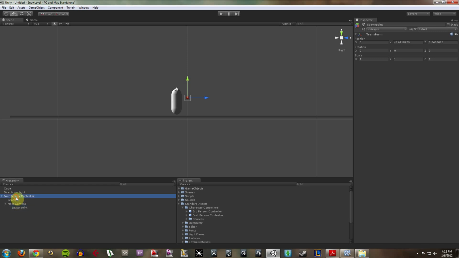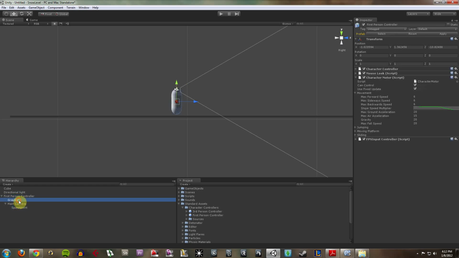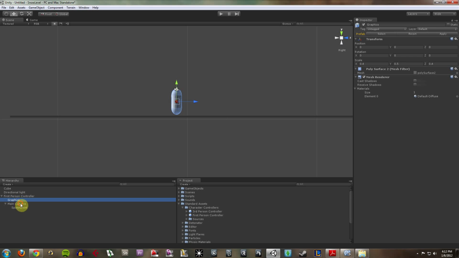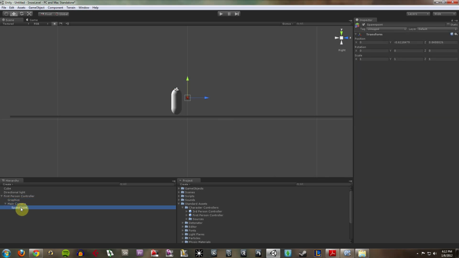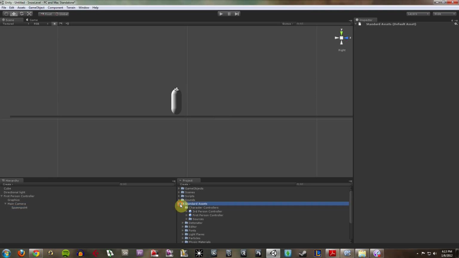So now my first person controller consists of the graphics object, which is just a capsule, my main camera, and then a spawn point from which my projectile will fire. Now I want a projectile to fly from that spawn point when I left click. This is where we get into scripting. I'm not going to get into scripting too much because really that is an expansive field that if you're interested in game design, you're going to have to learn and get very intimate with. So what I'm going to do is use a couple scripts that I already wrote before this video,